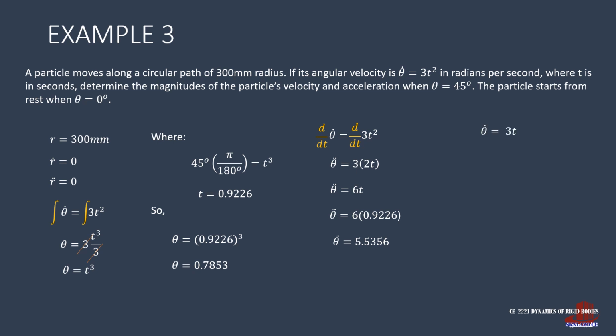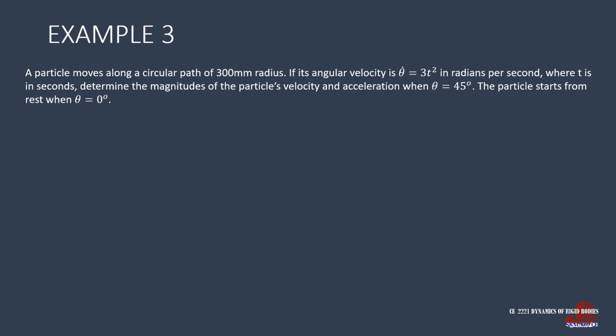Last value to determine is from theta dot, which is simply 3 times the square of t, which is 0.9226, giving theta dot as 2.5536. After identifying all the parameters, plug the relevant ones to the equation. Start with the velocity with the equation the root of the square of r dot plus the square of r times theta dot. R dot is 0, r is 300 millimeters, and theta dot is 2.5536, giving velocity as